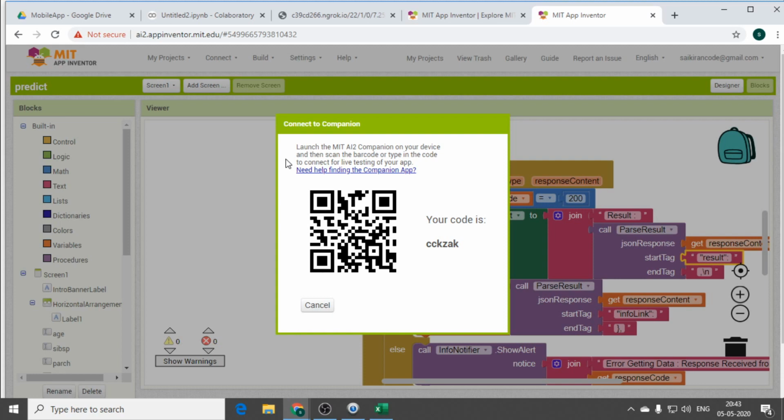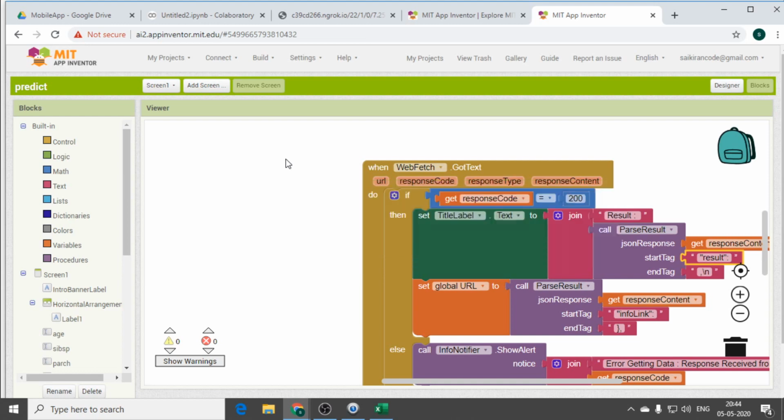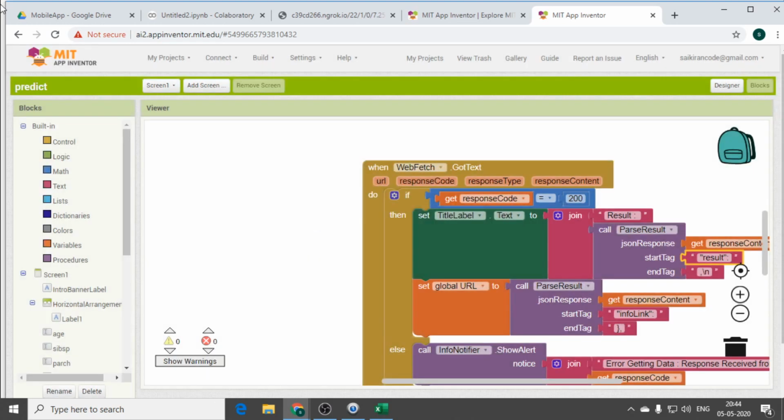So that's how you can build a simple mobile application for any machine learning model with the help of this block-based tool. If you try to use my thing, I cannot get the same output directly, so every individual person should use their own QR code so that you can see the output. You need not try to scan mine.